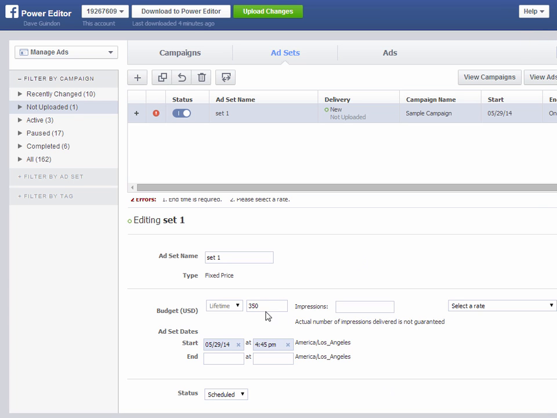And you can do that by setting it right here, your lifetime. So let's say it's 25 bucks, like always. They give you some rate cards and stuff. Just leave that. And you want to do your end time. Your end date will be the same as this one, so I just grab that, Control C on my keyboard, and then Control V. And then it's 4:45 p.m. here. And so what I'd usually do